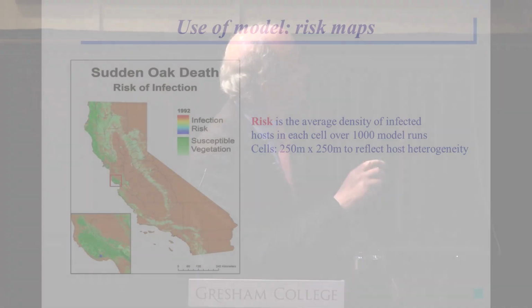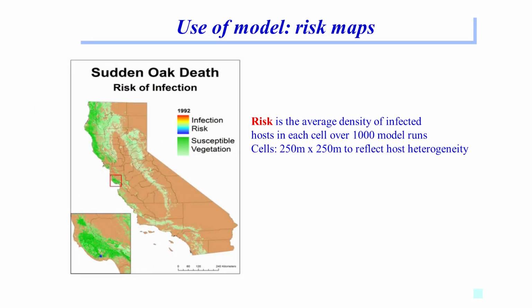We can put these together, and we know that the infection was introduced here in the Bay Area at 3 small sites, and produce a risk map which runs from when we believe the infection was introduced, the early 90s, right through to 2030 or so. As we run this, you'll see the infection risk changes according to the time here. The green is the susceptibility of the vegetation. The blue going up to red is the density changing over time.